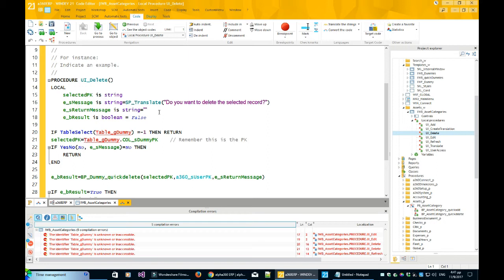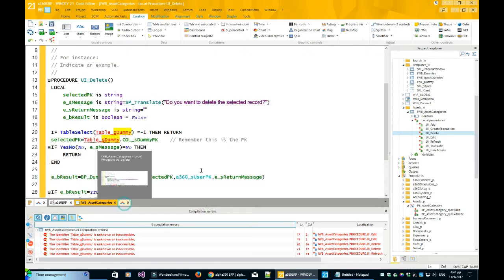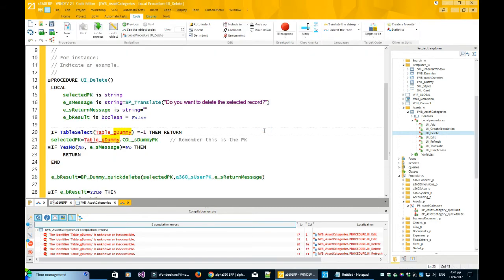This is where we use the quick delete business process. But we must make sure that the user has selected a valid record. Even if he hasn't selected one, the BP will catch it later, but it's always wise to catch errors as soon as they